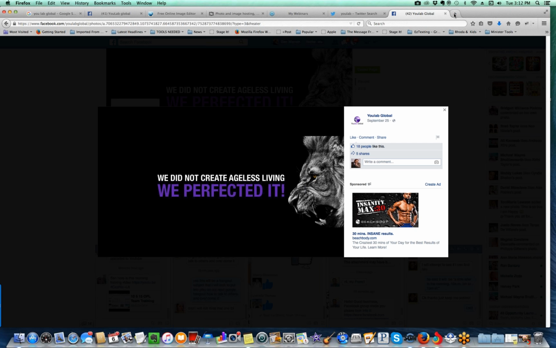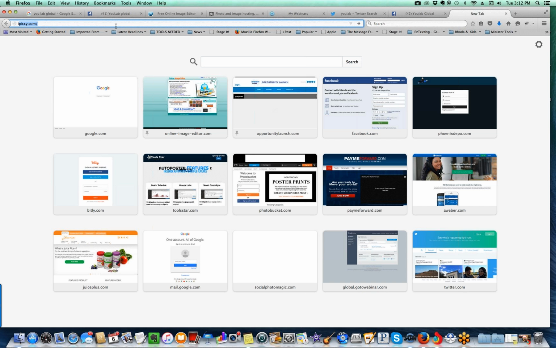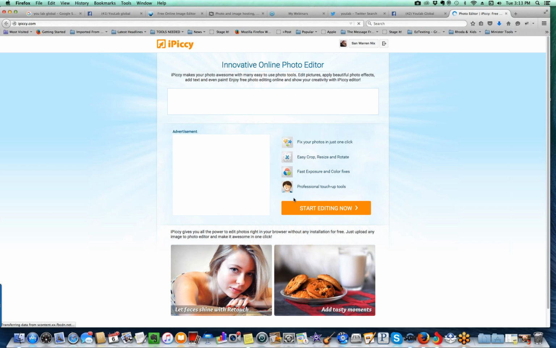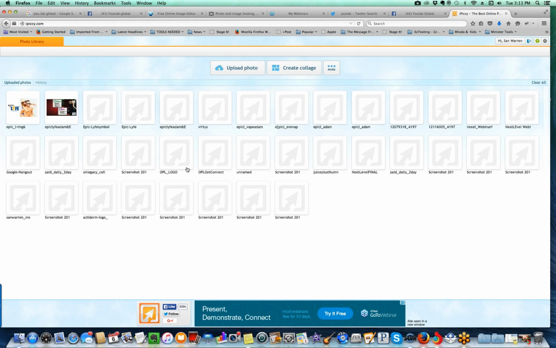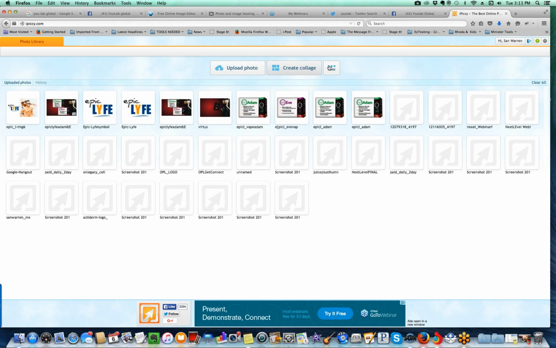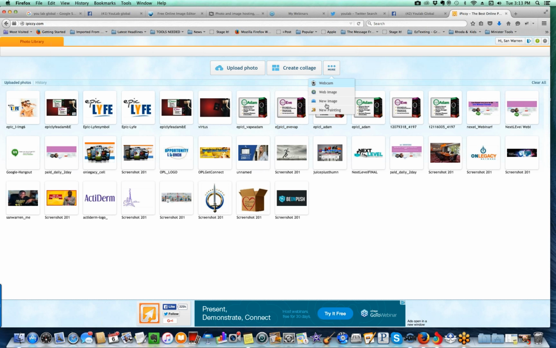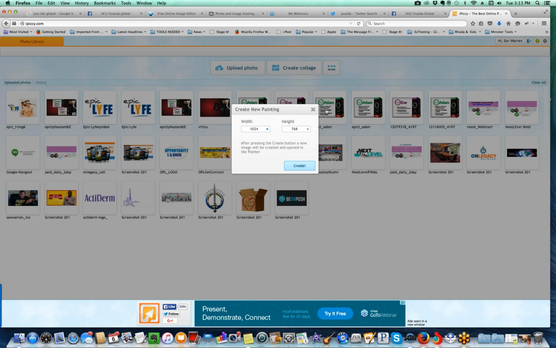And what I like to use, a program that I do most of my photo manipulation in, is iPicky. If you're into Photoshop and all that stuff, that's pretty cool, but you don't have to really know anything with iPicky. It's really simple. Once you get your image inside of iPicky, you can pretty much go to work and get things done. So what I want to show you is, right here, it says new paint or new image. I want to go to new paint, and I want to make this